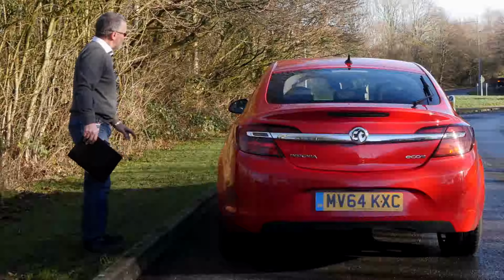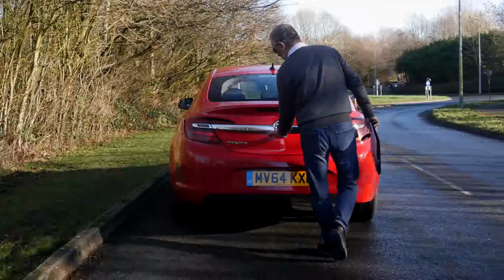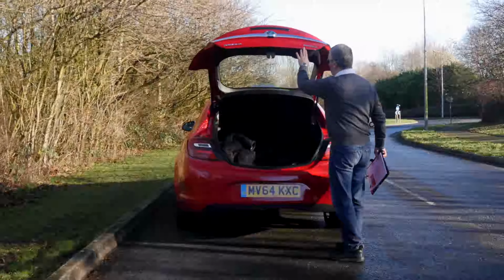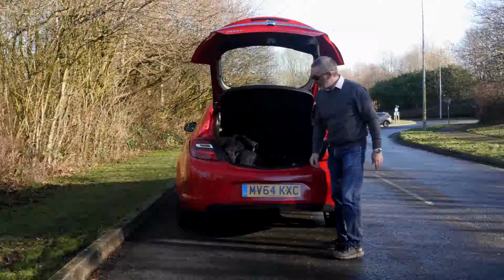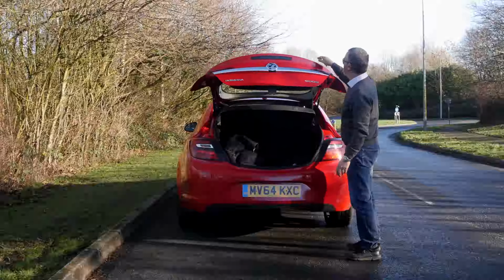multi-spoke alloys, chrome window surrounds. The electric boot release is just under here. Nice chrome strip across there. Plenty of room in the back there. 60/40 split folding rear seats, reversing sensors,